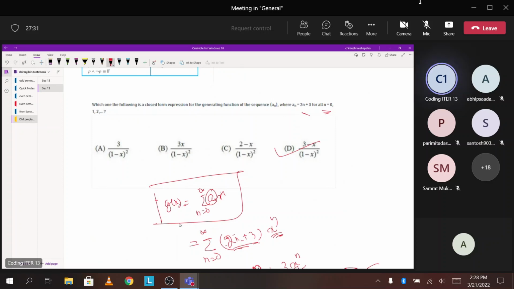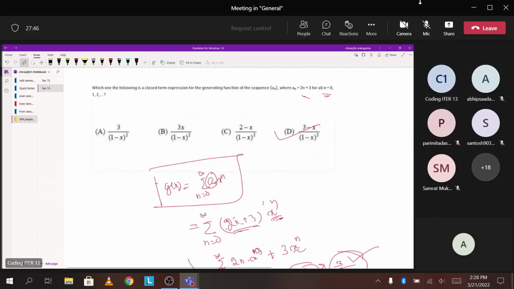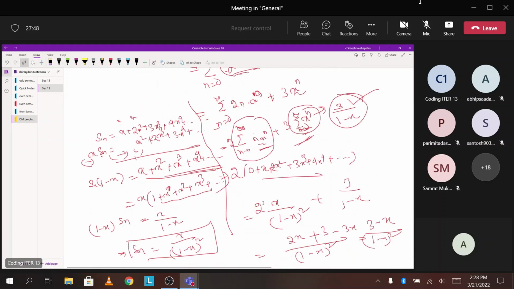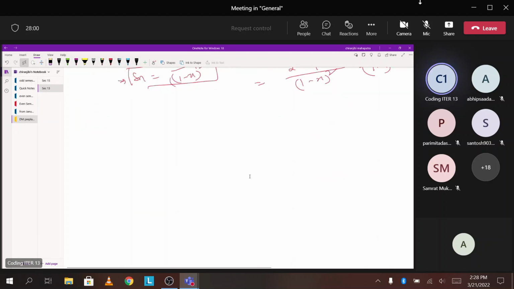ओके, कोई डाउट है यहाँ पे? ठीक है, किसी को भी कोई क्वेश्चन में डाउट है तो पूछ लो अभी। ओके ठीक है, नेक्स्ट क्वेश्चन में प्रोसीड करता हूँ।